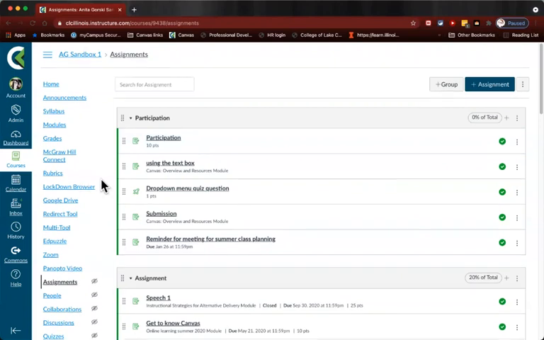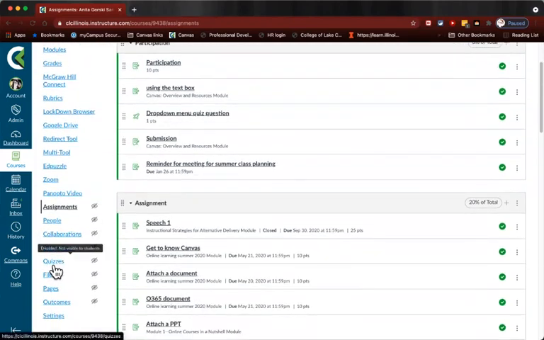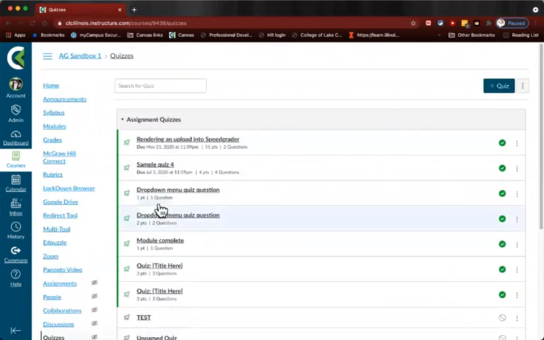Now, your quizzes might actually be found under the quizzes link. The quizzes link will show you what your quizzes look like. You can tell what that looks like because the icon looks like a rocket. So your quizzes link is one that looks like a rocket. Now, just because it's called a quiz doesn't mean your instructor actually has made it a quiz. It might just be an assignment that has questions that need to be answered. But those are typically found under the quizzes link if that's a link that your instructor has made available to you.